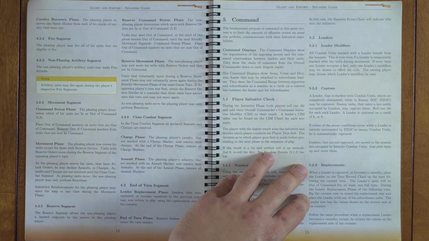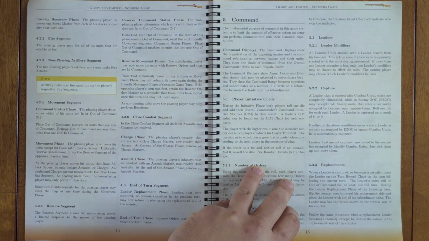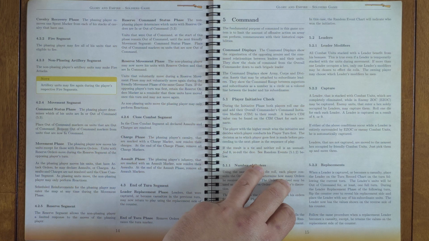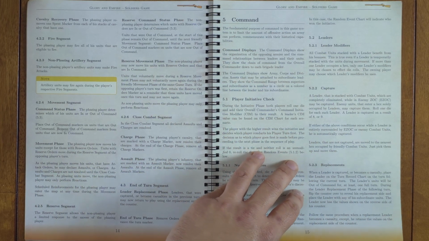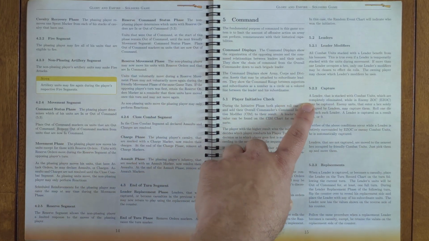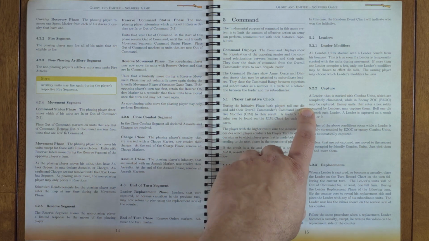This is true even if a leader is temporarily stacked with units during movement. If more than one leader occupies a hex, only one leader's modifiers may be chosen to affect die rolls. The owning player may choose which leader's modifiers. A leader that is stacked with combat units which are completely eliminated while in an enemy zone of control